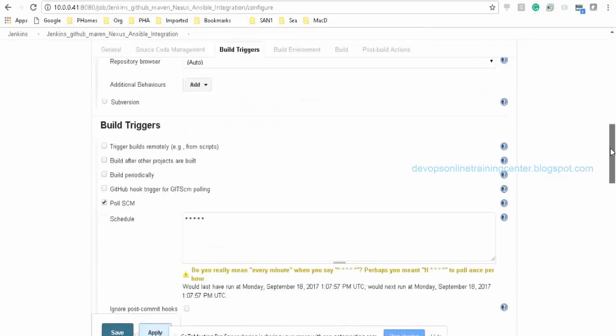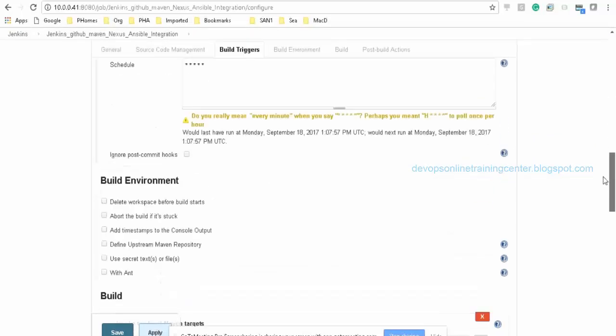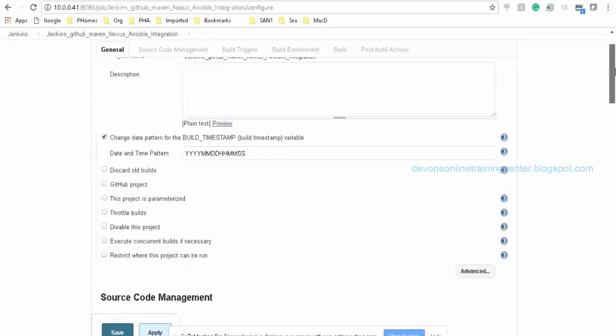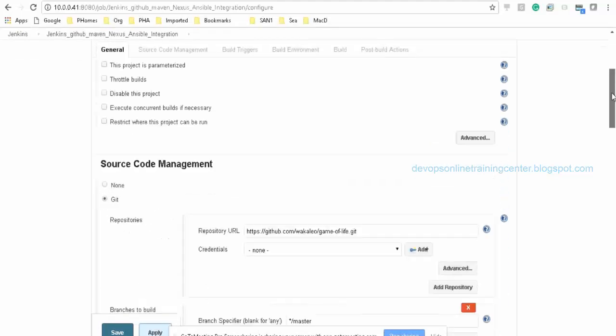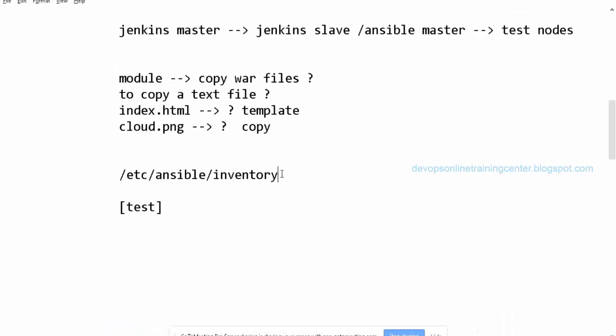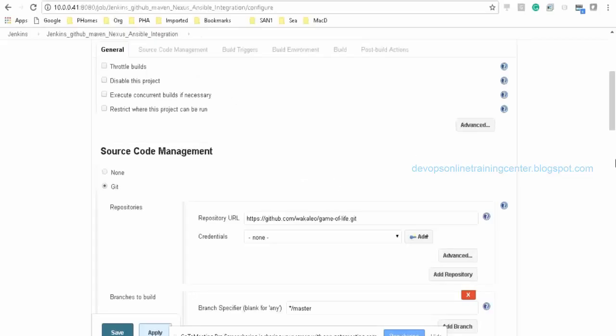Santosh, is the inventory file the same that we used previously where we mentioned web servers? Yes, they're the same. That was the host file, no? The Ansible host file? Yeah, this is the same inventory or host file. Okay. Where we specify the web servers, DB servers and all.